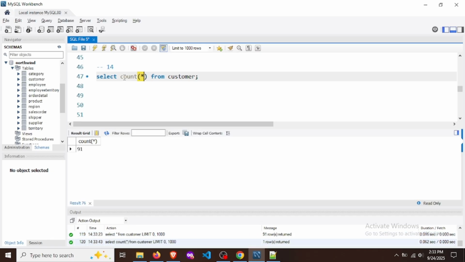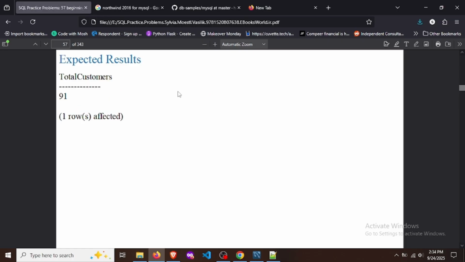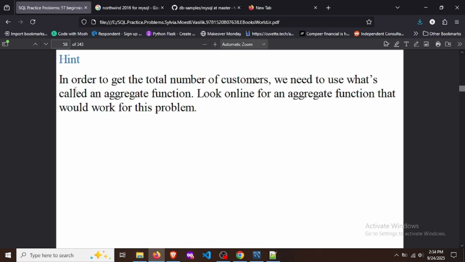And we got 91. I can change the column name by saying total customers. Okay, here I can also say something like this, and I can also say customer ID, right? We got this, and this is the hint, but we have got it. So let's move to the